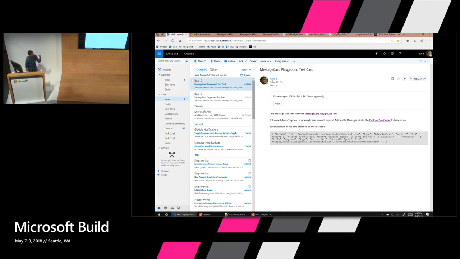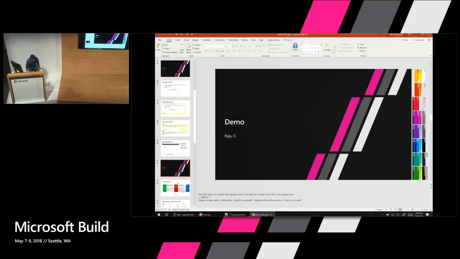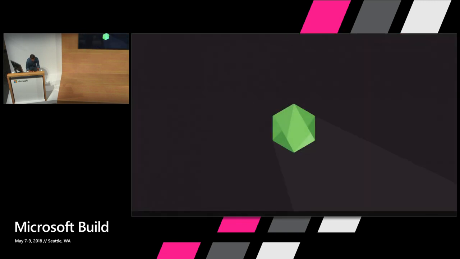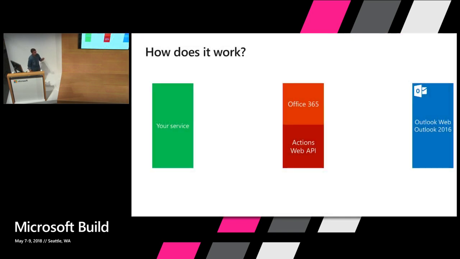Now let's understand how the actions work. When your service sends the HTML email with the markup, it hits Office 365. Office 365 checks if you're an approved sender to be able to send actionable messages.